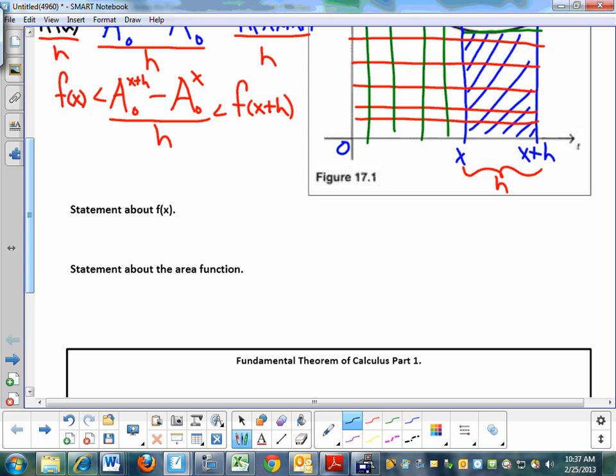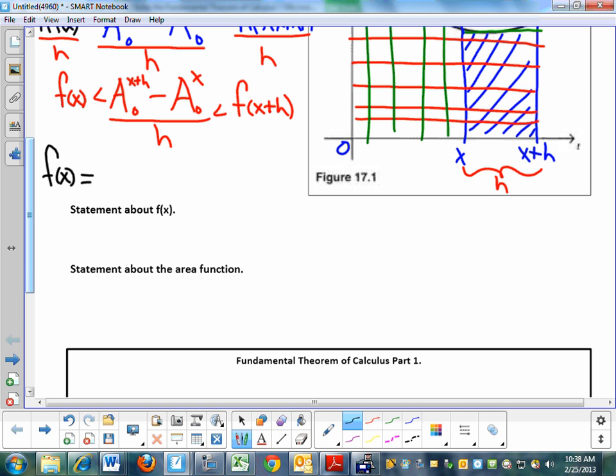Watch. If we let h go to 0, then this is the last state of reasoning you guys have to think through. If I let h go to 0, you guys told me that the height of this spot will eventually be the height of that spot. You're okay with that, right? Well, if this and this are going to be the same, what has to be true about the middle? That has to be the same as well.